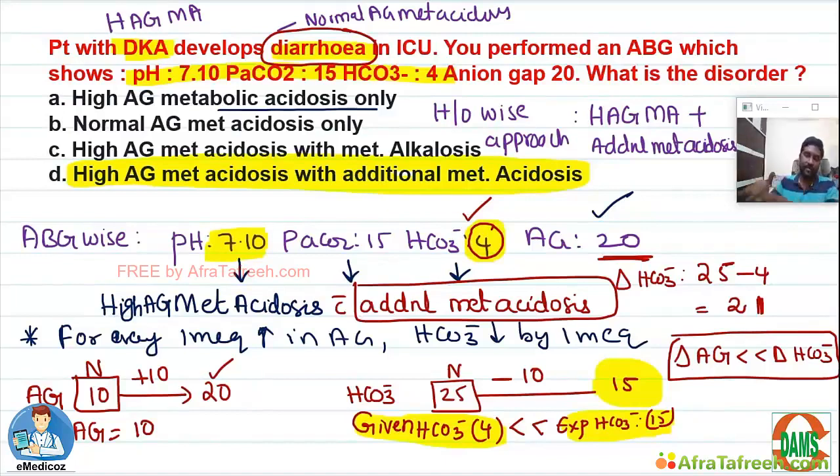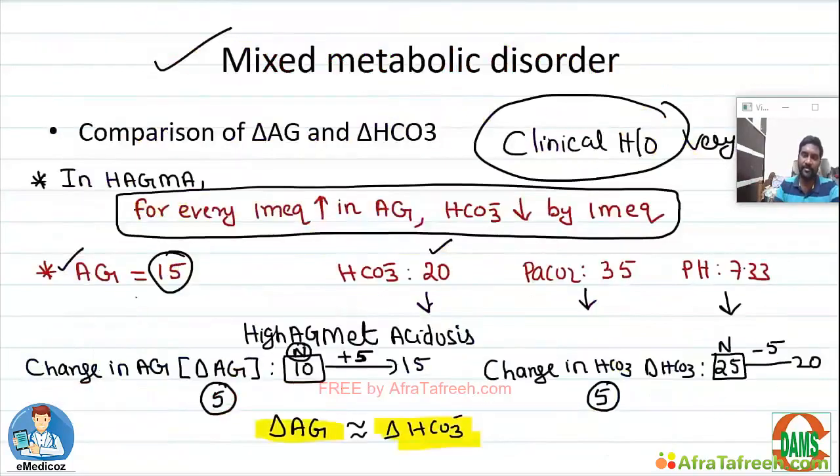So why will bicarbonate decrease excessively when there is some other additional disorder which is bringing the bicarbonate down? If you find this relationship, if delta anion gap is very much less than delta bicarbonate in a given question, there is a probability of additional metabolic acidosis. As I told you earlier, you can use the history-wise approach and the ABG-wise approach, and that is very easy. This delta anion gap and delta bicarbonate may be a bit confusing, but if you know the concept,